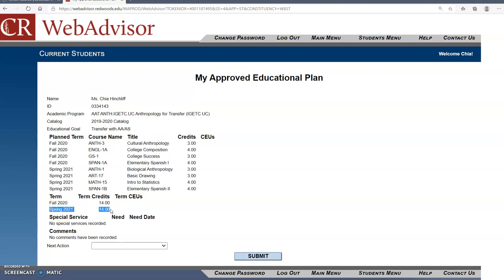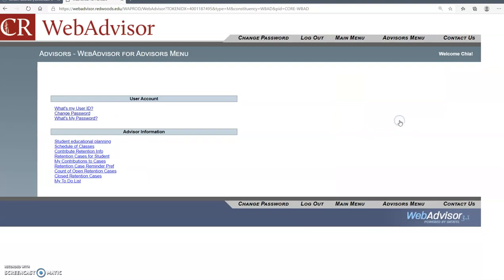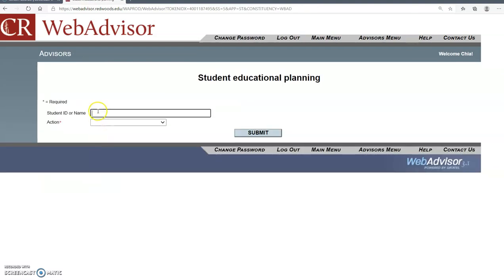14 units selected. After this point, you'd want to make another appointment with a counselor or advisor to plan out the remainder of the courses you need to complete your program of study. As an advisor, if you return to the main menu, an advisor can assist you with this process by selecting the advisor link, student educational planning, putting in the student's information. I'm going to put in my information,